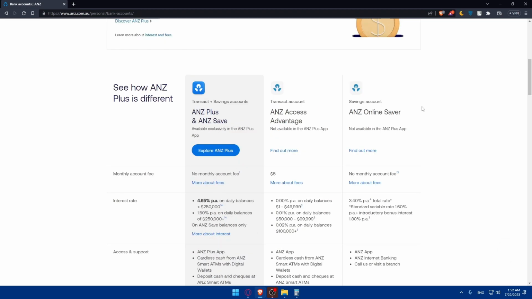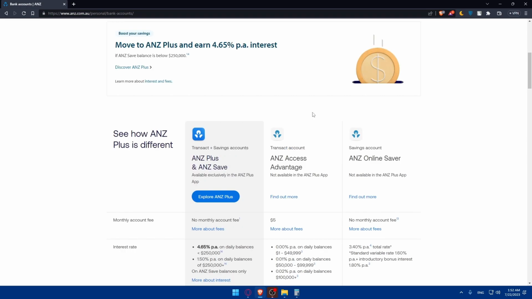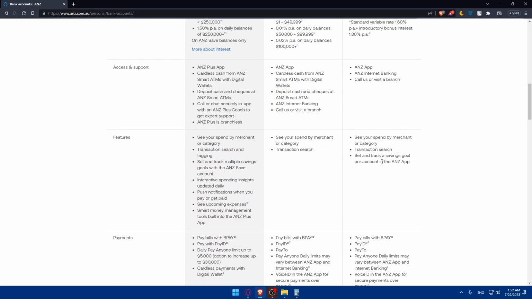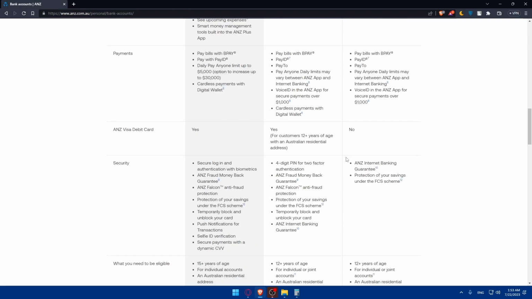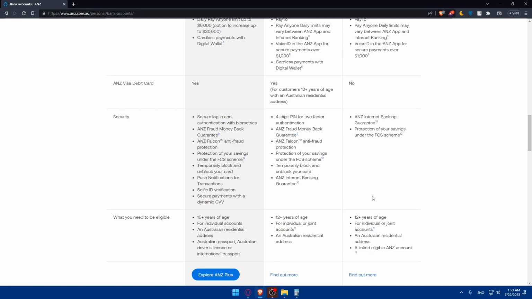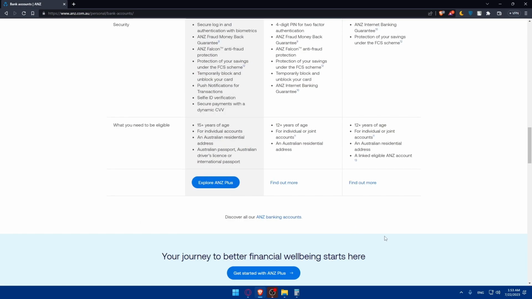And the last offer is the ANZ Online Saver. So it's not available in the ANZ Plus app, and of course, the same as this one. But this is just a saving account, so just keep this in mind. If you scroll down, at the bottom here, the ANZ Visa debit card will not be available here, and the criteria is just that you need to be 12 years old or more for individual or joint account, an Australian residence address, a linked eligible ANZ account. And depending on whatever you choose, you can simply